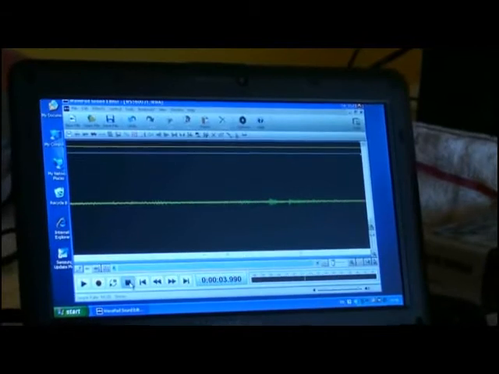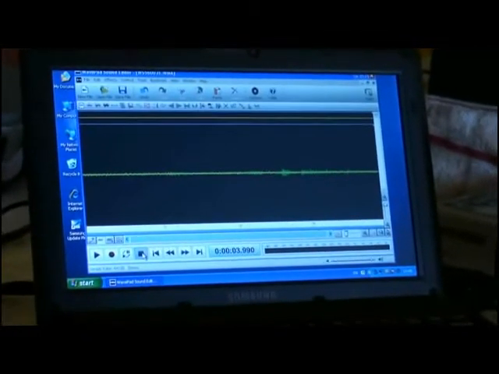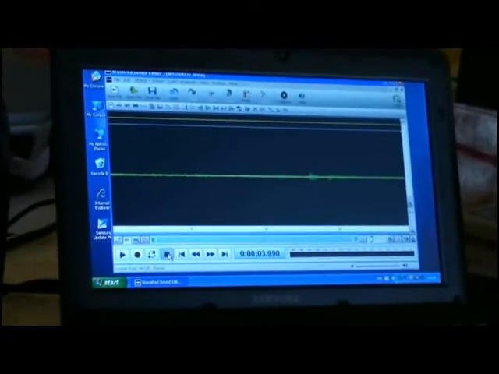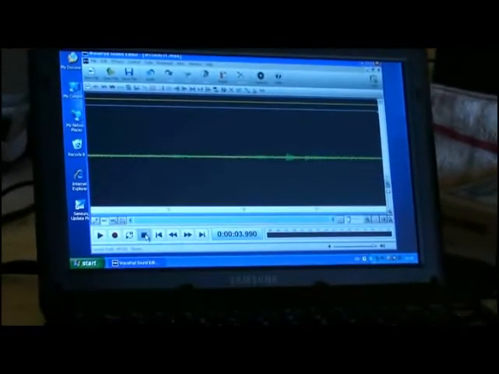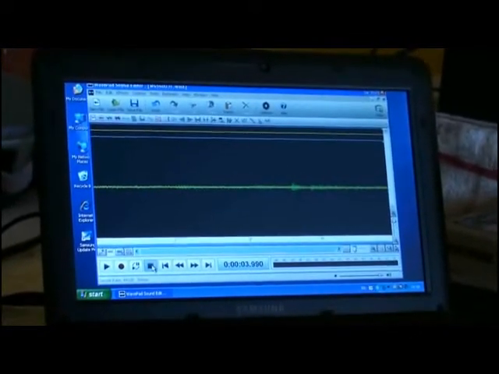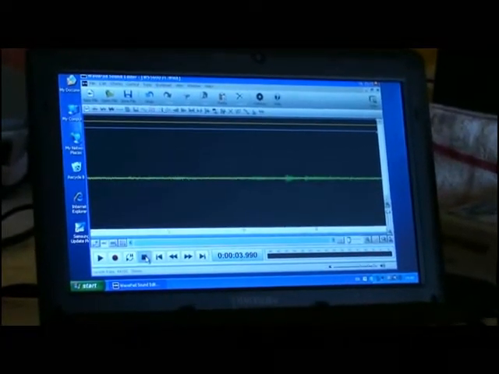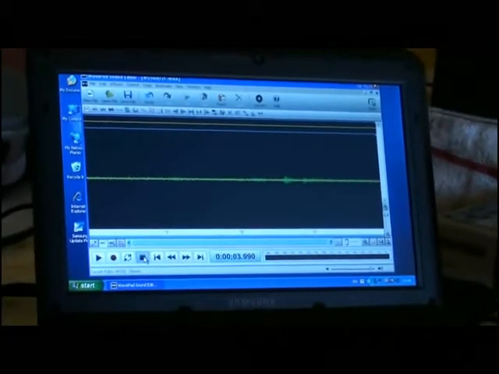Okay, at this point most people would be tempted to add sound filters, speed it up, slow it down. I can't stress strongly enough this is a bad idea, because EVP at its core is made of white noise and ambient noise.